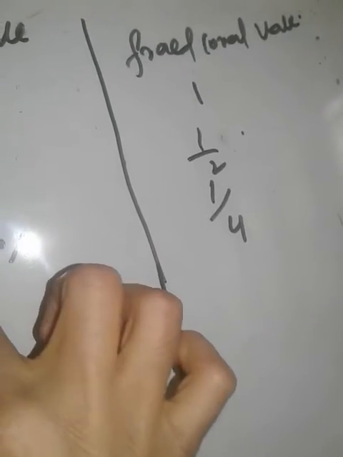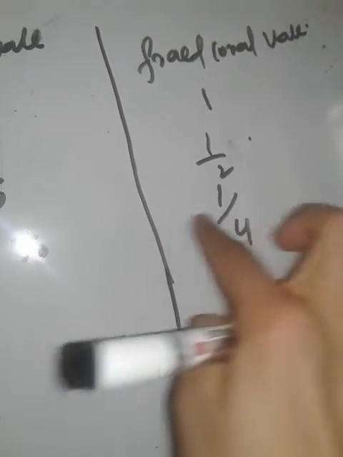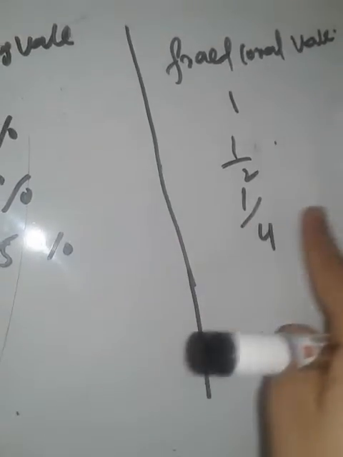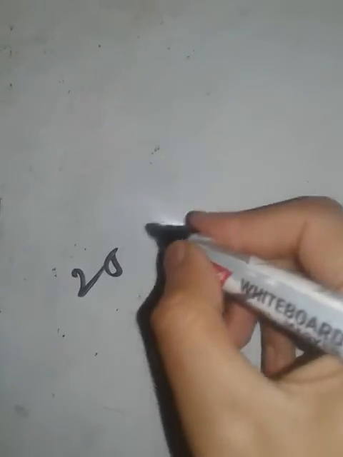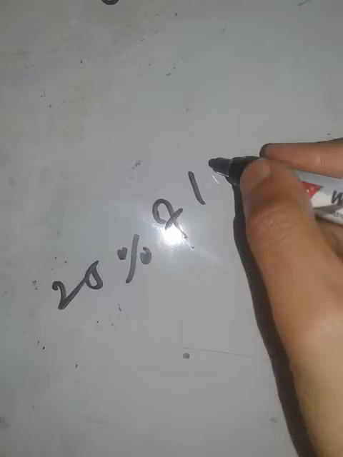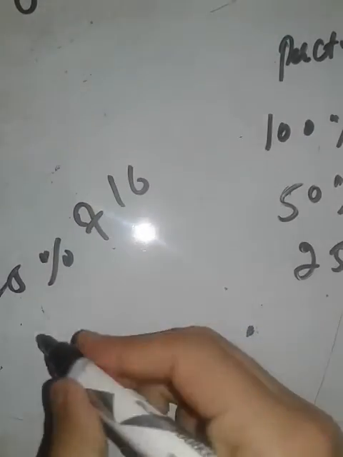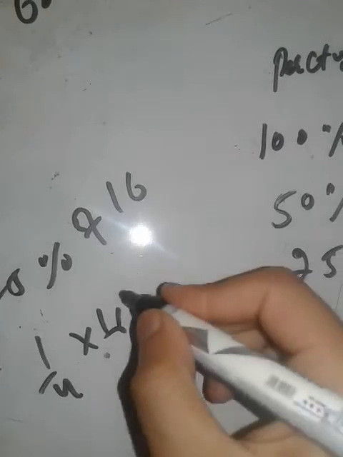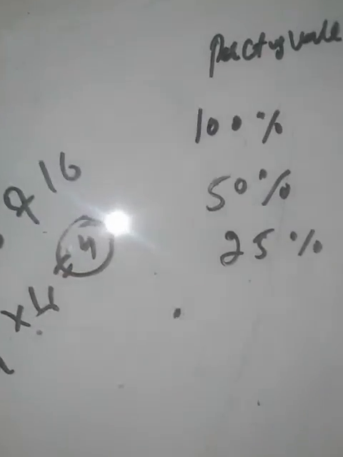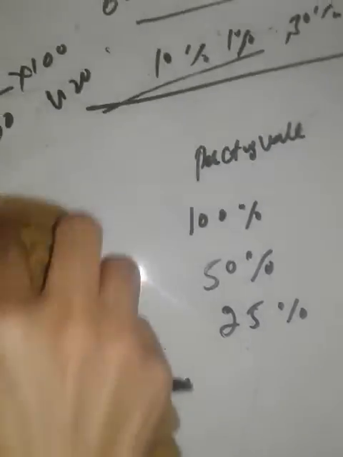Now we will do a simple, small question. If you were asked to find 25% of 16, 25% represents 1 by 4, so 1 by 4 into 16 is 4. Mentally you can calculate this. We will do some more examples later. First of all, we will just